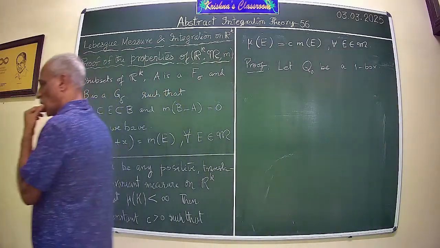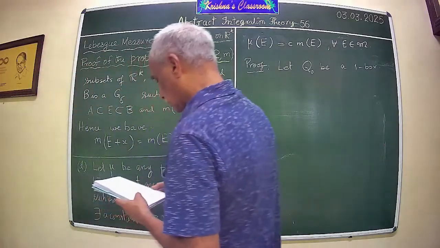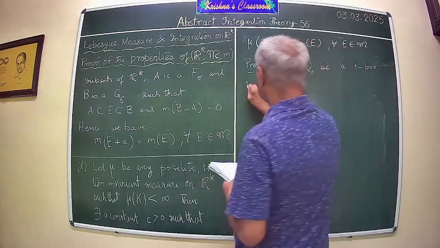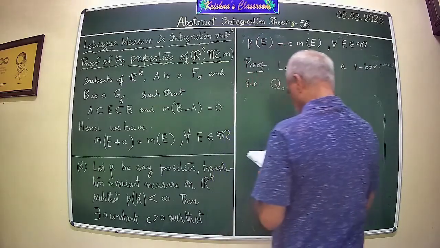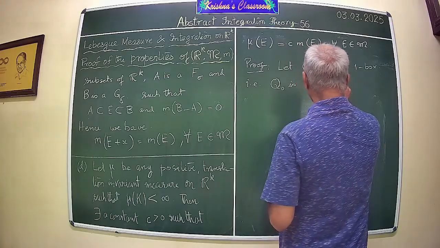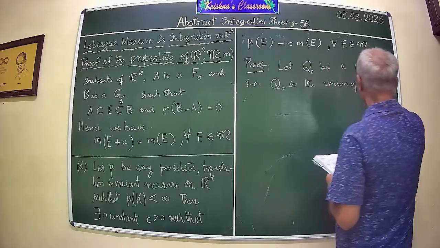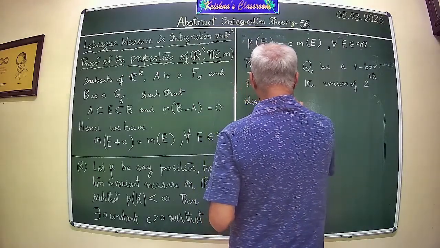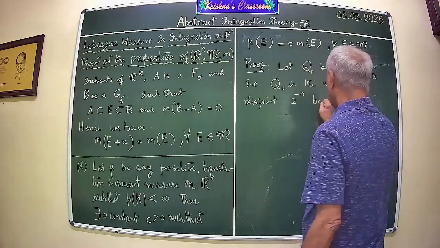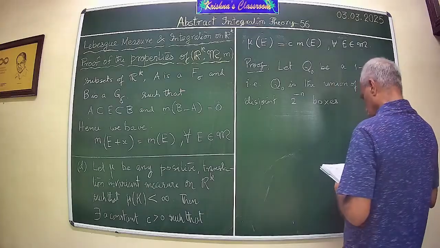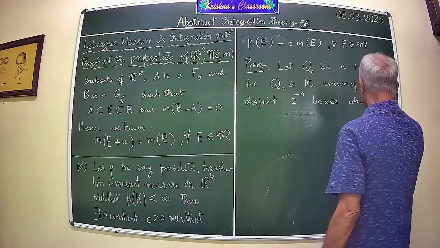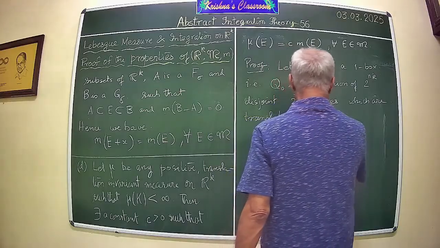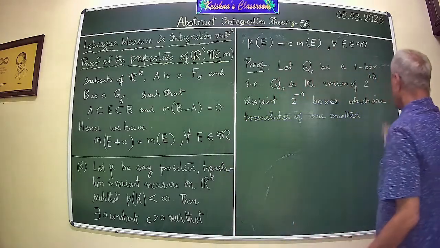A 1 box means that Q naught is the union of 2 to the power nk disjoint 2 to the power minus n boxes which are